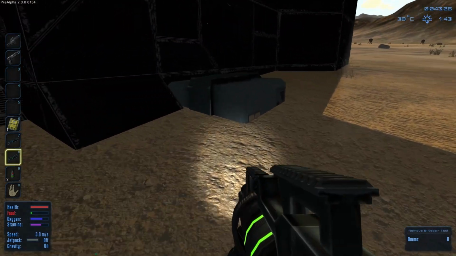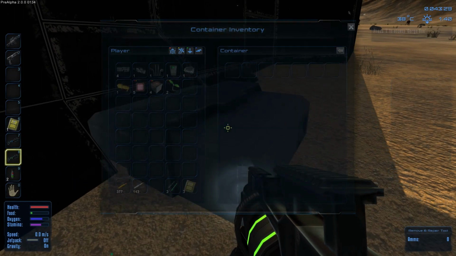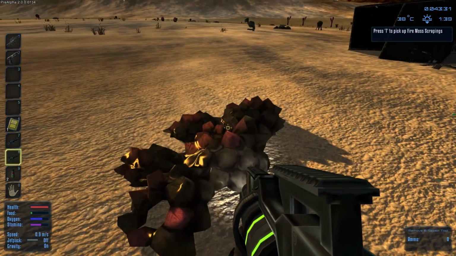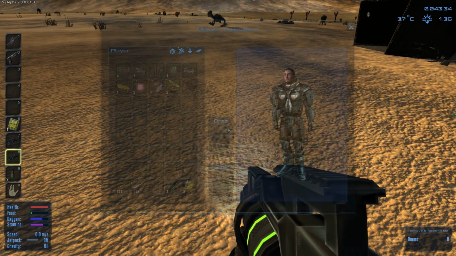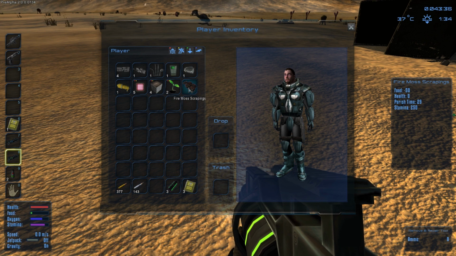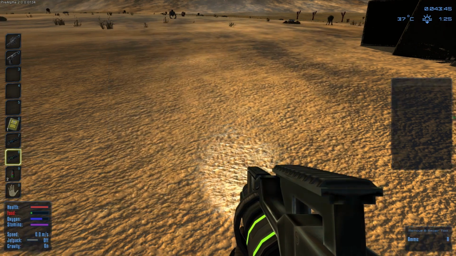So you can see right here, this place is going to have plenty of cargo boxes. And make sure you loot them all up, man. What is that? Moss scraplings? I've never seen that before. Ah, damn it. See, it has a perish time. So that's going to actually go bad. 0 health, negative 50 food, 250 stamina. Wow, those are pretty good. I mean, negative 50 food, I don't know how good that is, but...